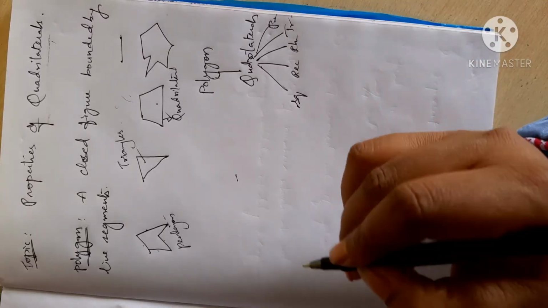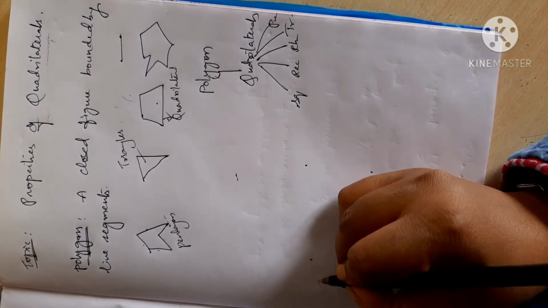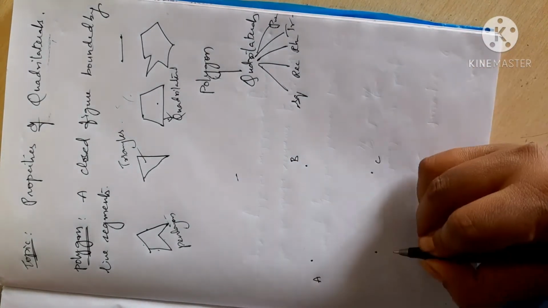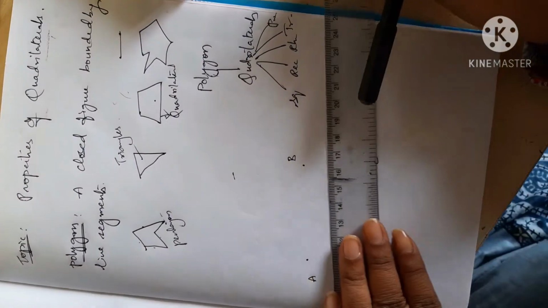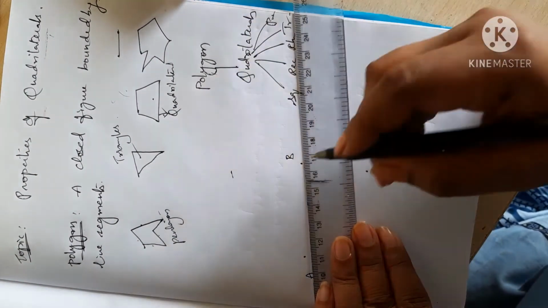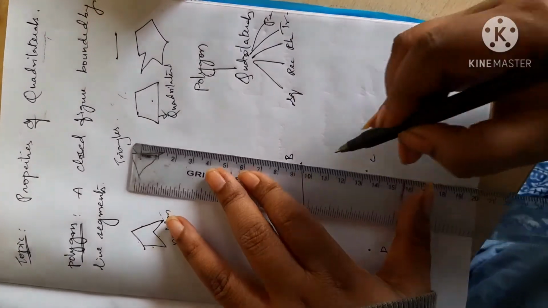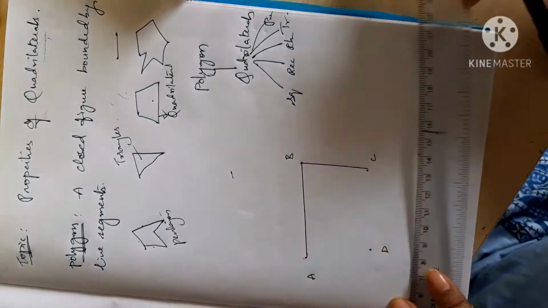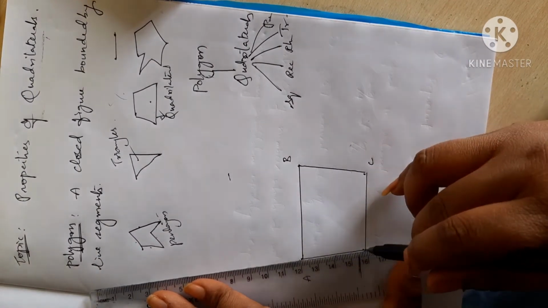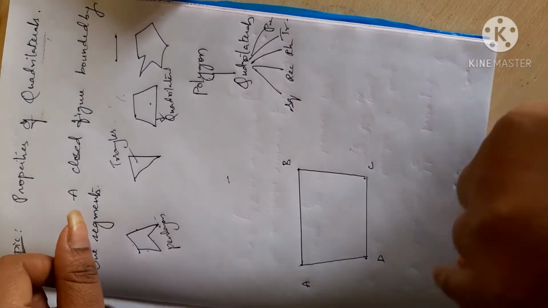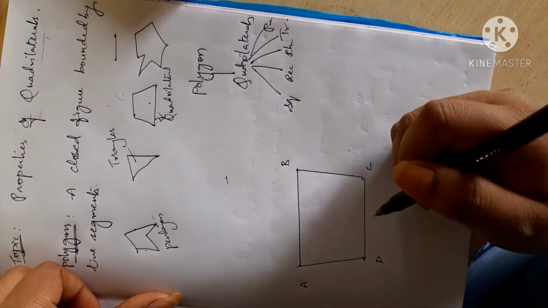Now I'm taking 4 points, 1, 2, 3, 4. Name them A, B, C, D. Okay, I'm joining them using a ruler. I'm joining with the help of a ruler: one, 2, 3, 4. Now when we join 4 line segments, a closed figure bounded by 4 line segments is nothing but a